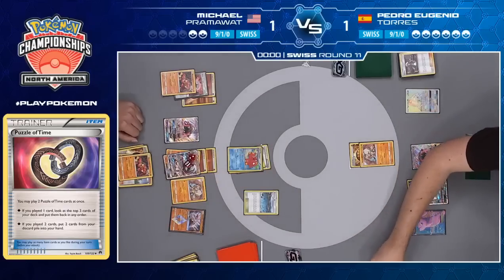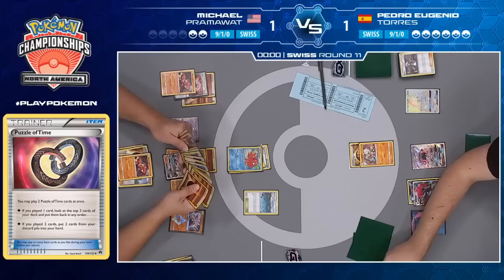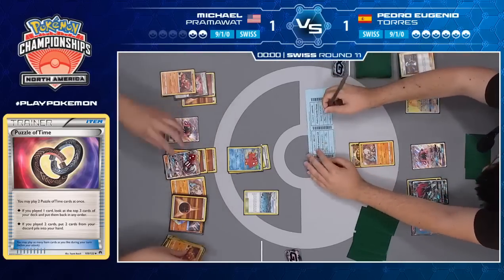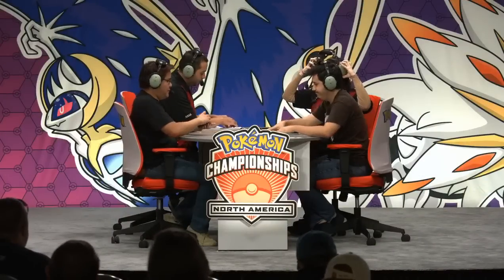Unfortunately for Pramawat, he could not lower his hand size enough. And that's the end of it. It is going to end up as a draw, as a very well played draw here from Pedro, actually, as he had his back against the wall. Had there been, say, another turn or two, things would have been very